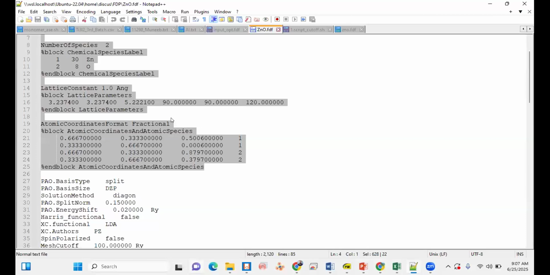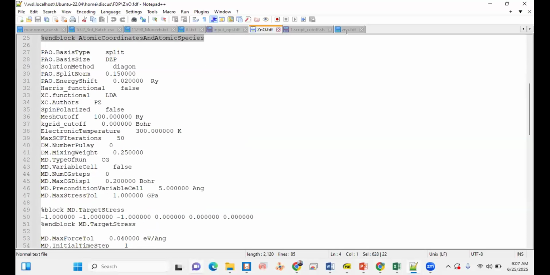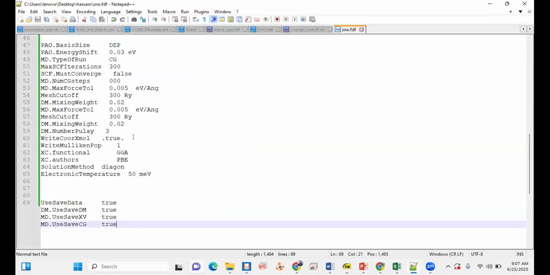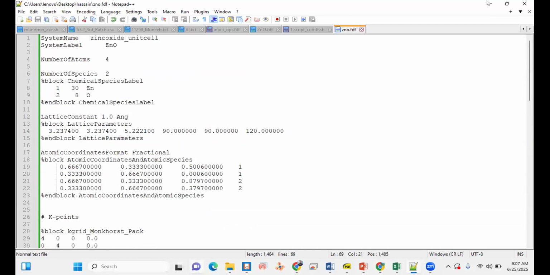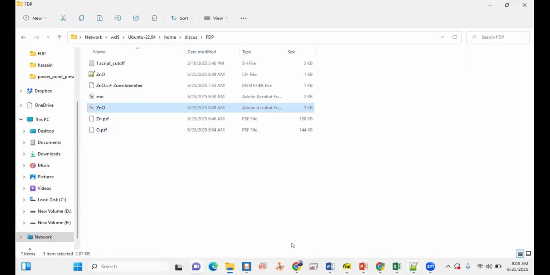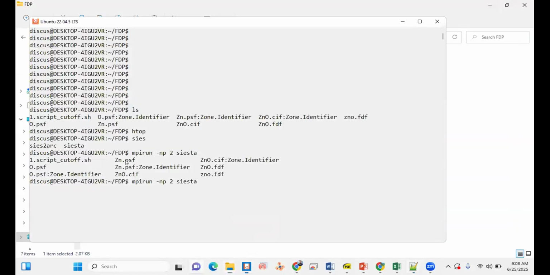I think this one where we put 300 and 4 4 4. Yes, the smaller one, because we prepared this one. Then zinc oxide dot FDF, then pipe, and then the command tee result